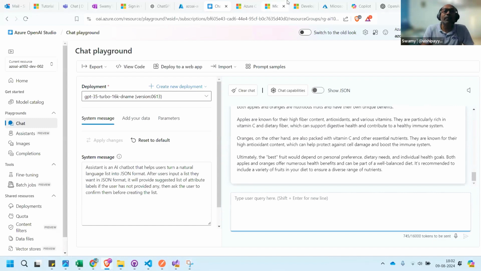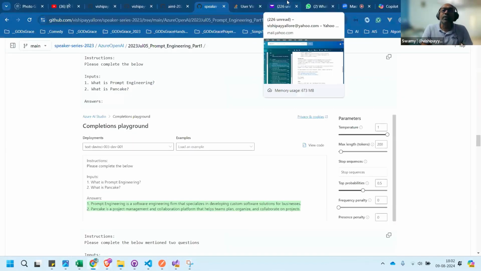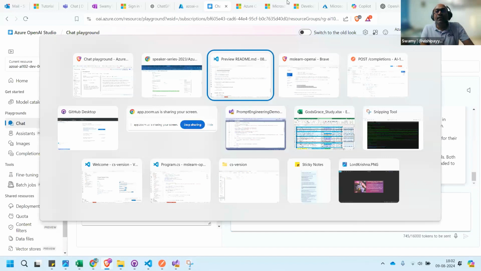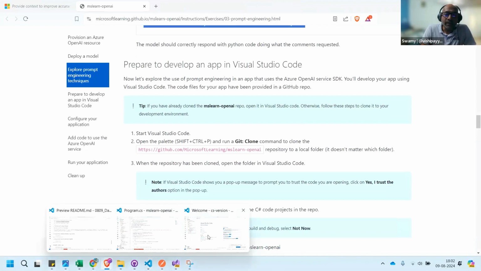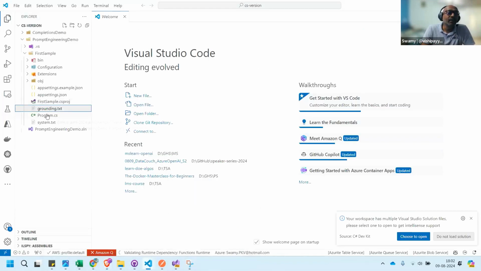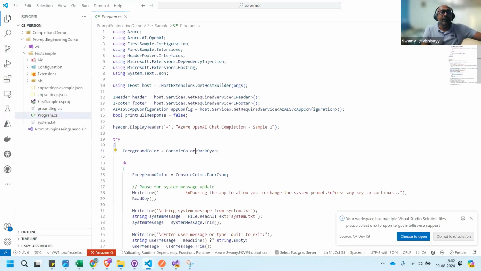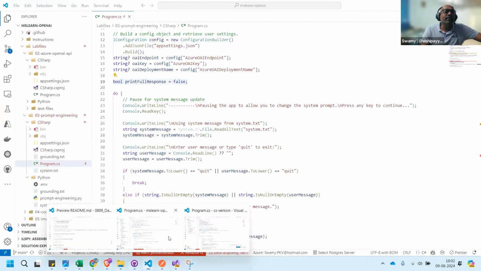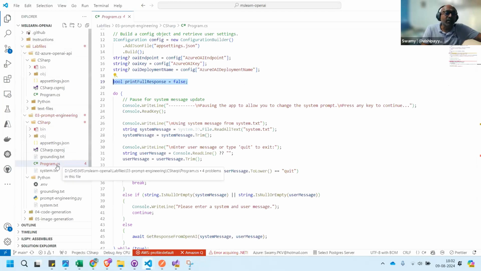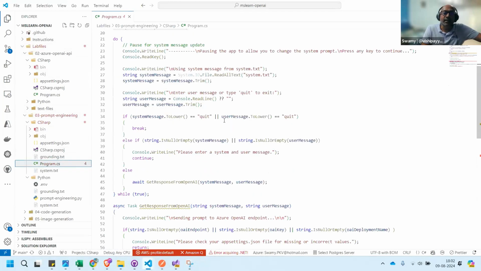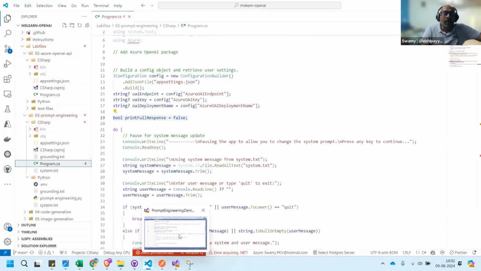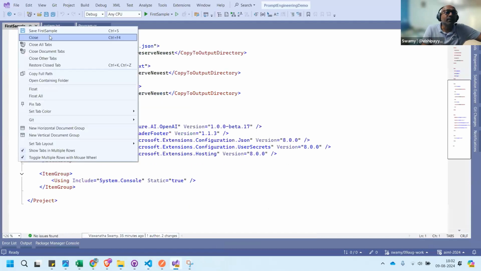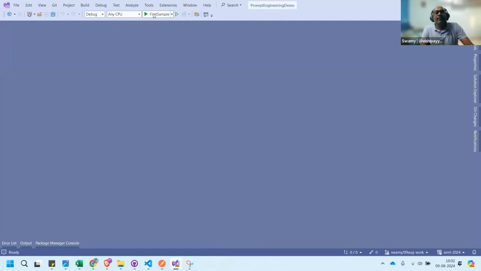We'll see one coding example before we close today's session, and then we'll revisit a few things in the next. Here you can see there is a sample, and we'll come back and discuss it a little deeper in the next session. This is the official lab of Microsoft. Here is a little bit of a program, and on top of that we need to add the code which they have given. So I have created that. There are a couple of things we will be seeing here. So let's execute this one.